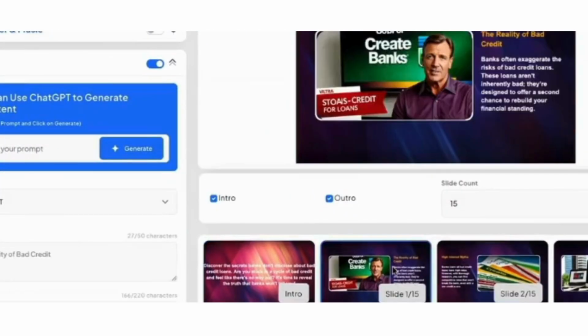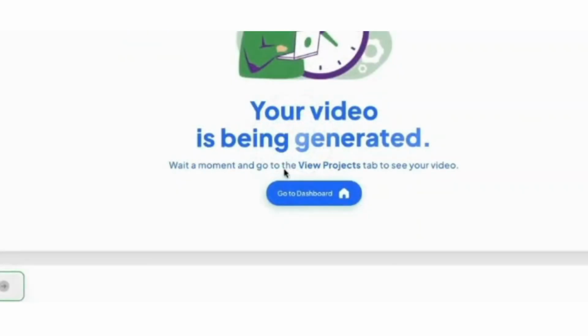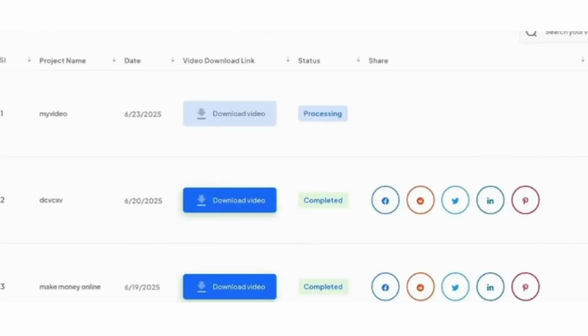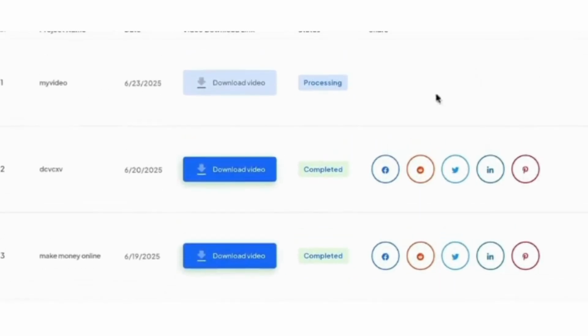Now, next thing we want to do is just click on next, and our video will be generated in a few minutes, and then you can optimize it for SEO. Meanwhile, the video is rendering and processing. Let's generate the SEO optimization for it. Just go to projects, all your videos will be here. You can click on SEO, and then it will generate a title for you, description for you,